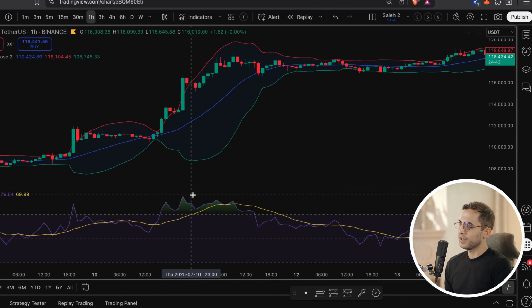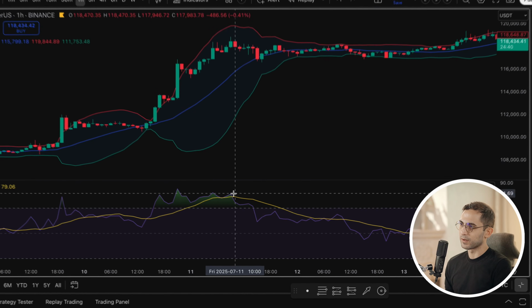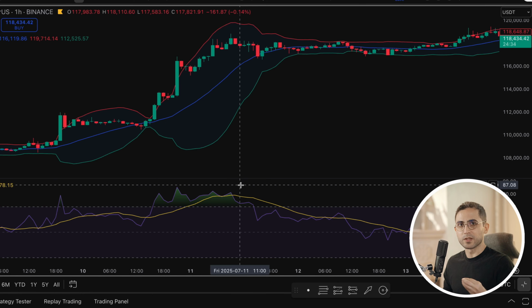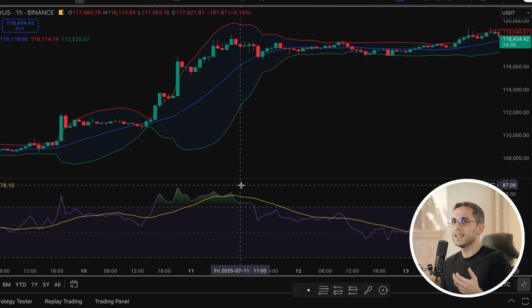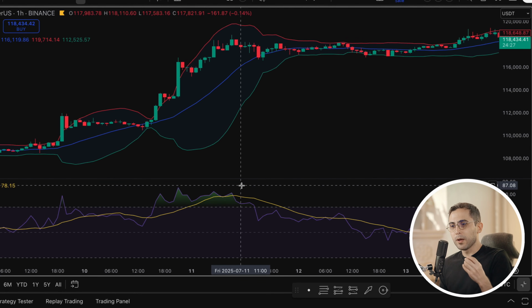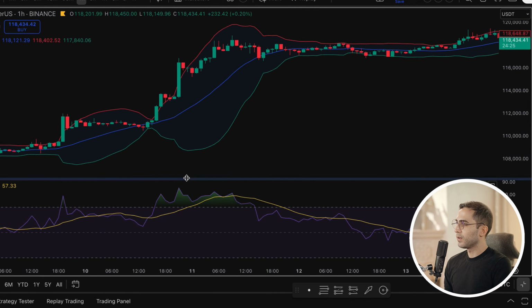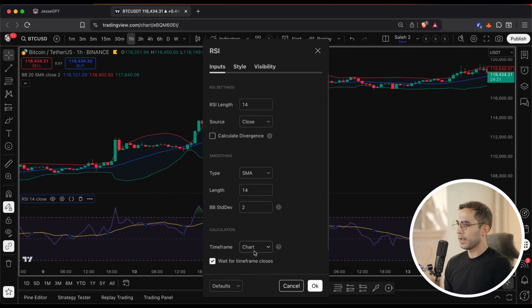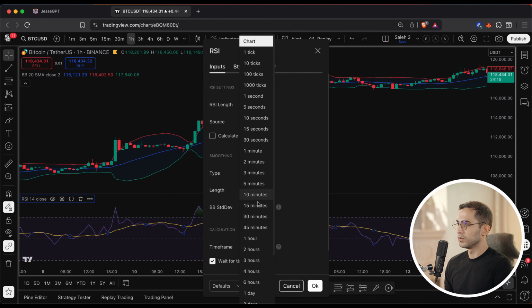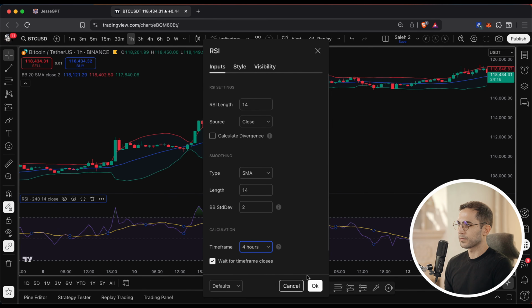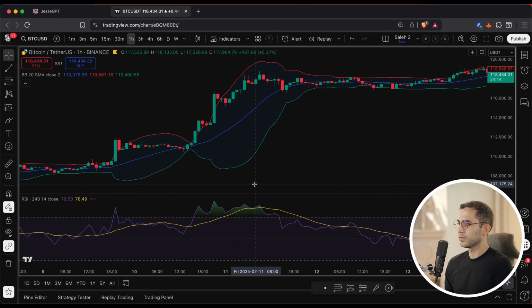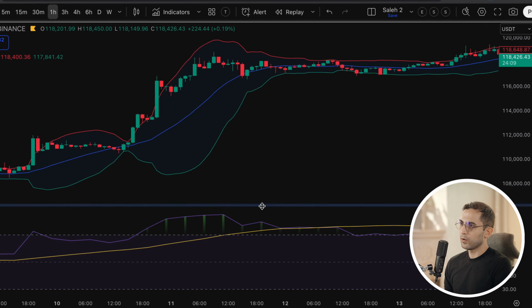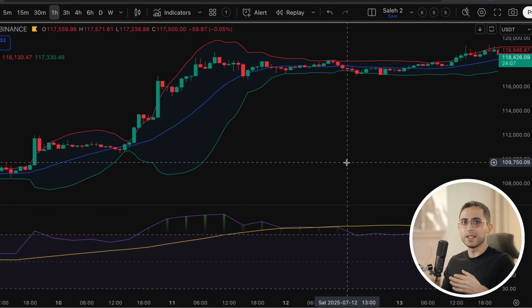But here's the thing. If I only buy when the price is, for example, like here above the threshold, the window of opportunity is going to be very small. So instead, what I'll be doing is I will still use the RSI, but on a bigger time frame. So let's do that on TradingView and change the time frame to 4 hours. Click OK. All right, so now from here all the way until here would be a valid opportunity for us